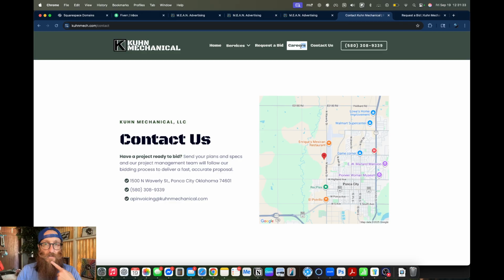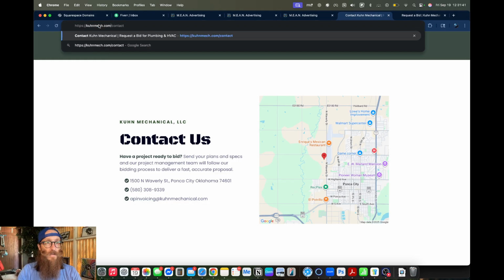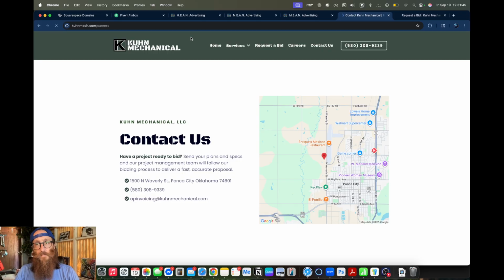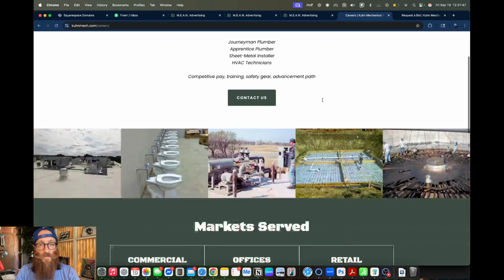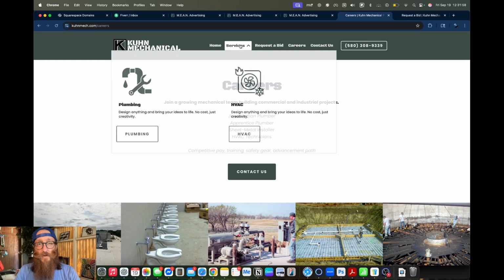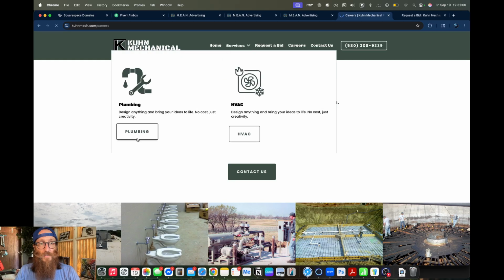We got careers page, and this is all really basic. We'll be decking this out with information soon. I think I need to update that link, and I'll show you even how I do that here in a second. Careers. Got the careers page, and we can make this an apply online button with an in-depth form. I think you actually sent me that PDF, so I can digitize that for you, or I can show you how. Request a bid,